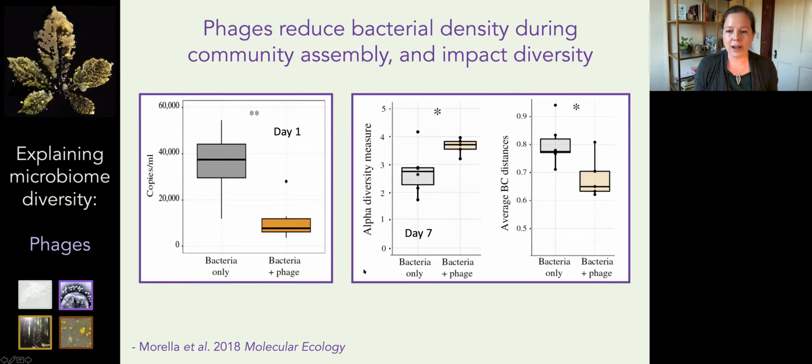On the right here, the alpha diversity measure was using 16S amplicon profiling of the community. A week in, at day 7, we profiled the communities, and we could show that phages increased diversity overall. There were more taxa found. There was higher richness found when the phages were recombined with the bacteria than when they weren't. And at first this might sound counterintuitive because I just told you abundance is lower. But actually, from a theory perspective, it makes perfect sense.